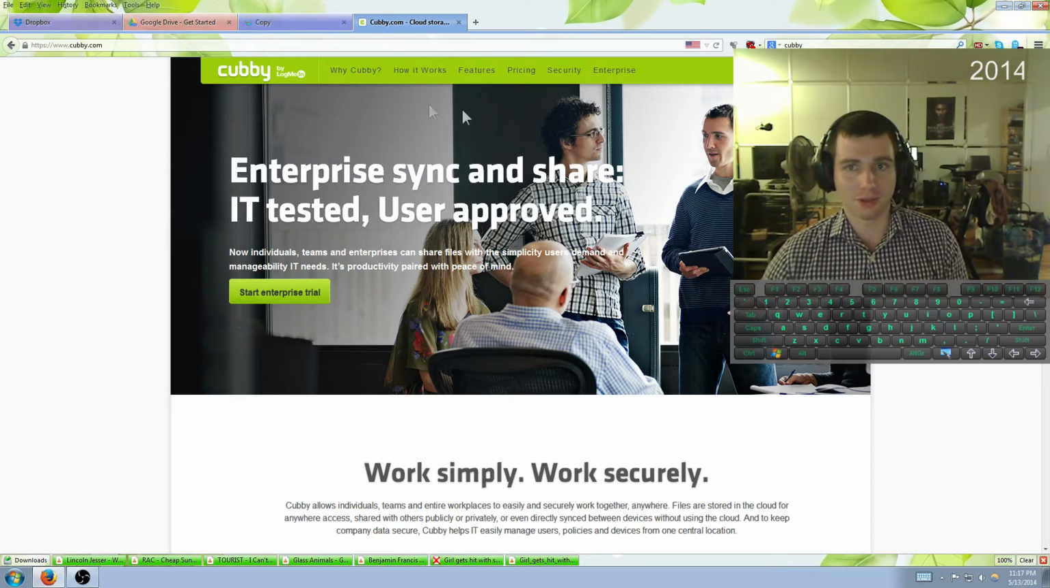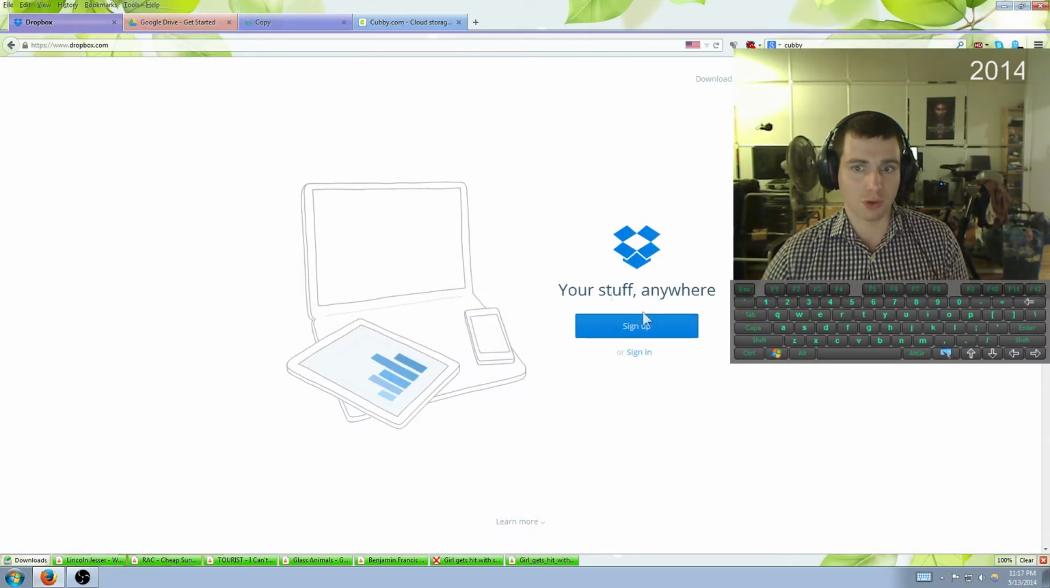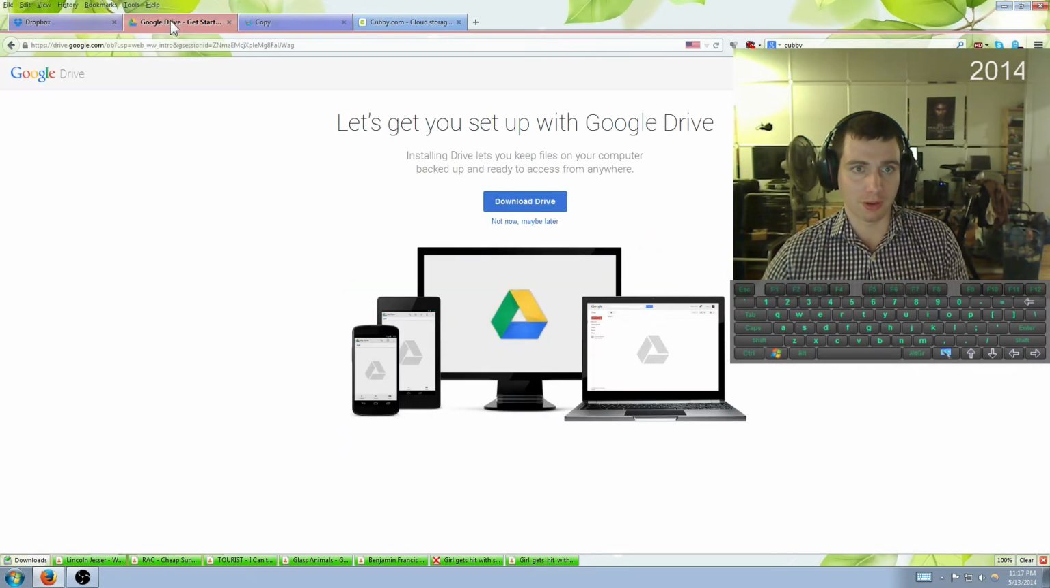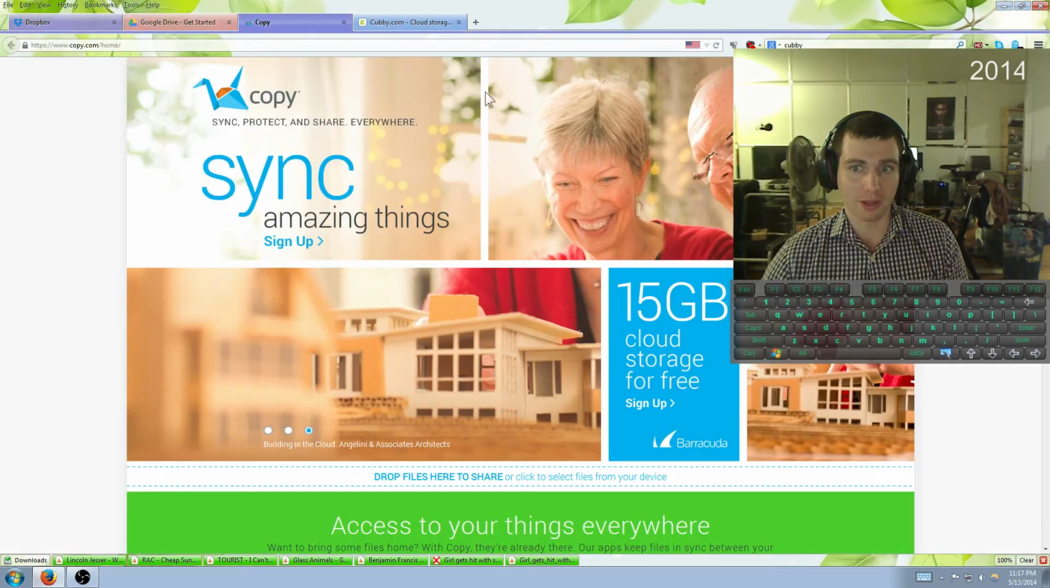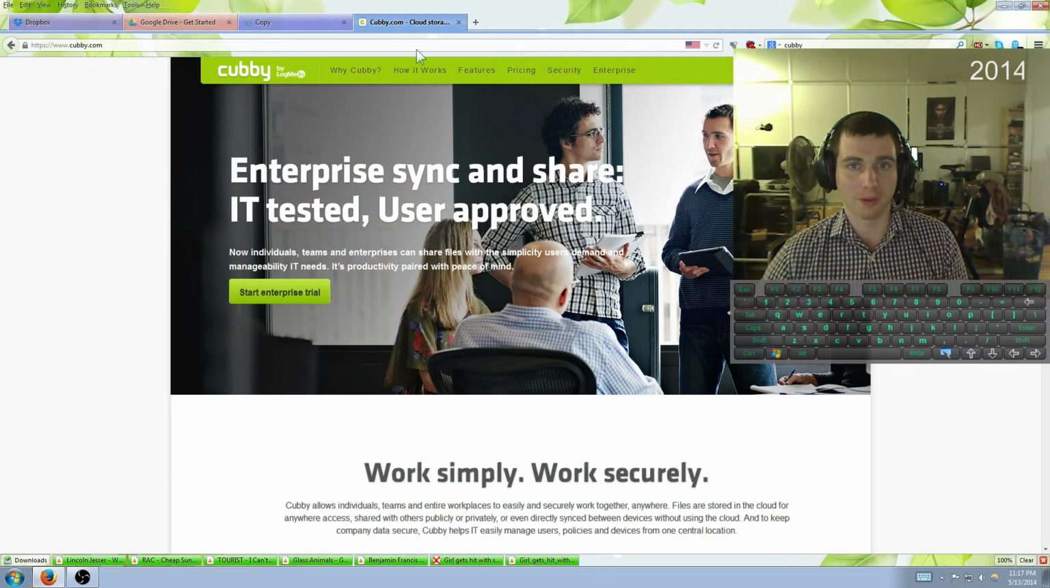You simply can go to Dropbox and sign up, or go to Google Drive and sign up. You'll need a Google account, and the same with Copy and Cubby. After you set up your account, which involves an email verification,